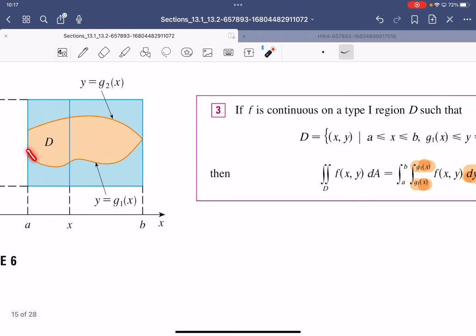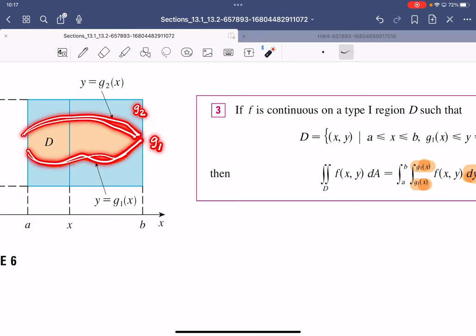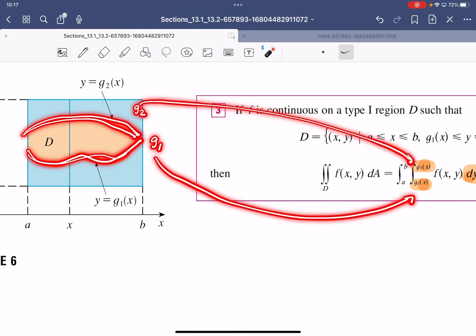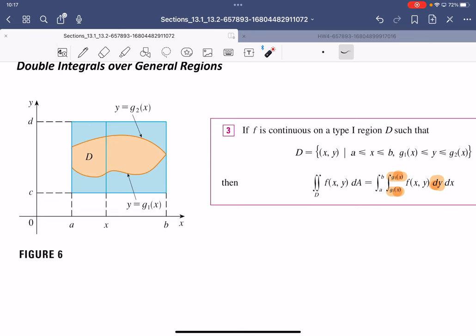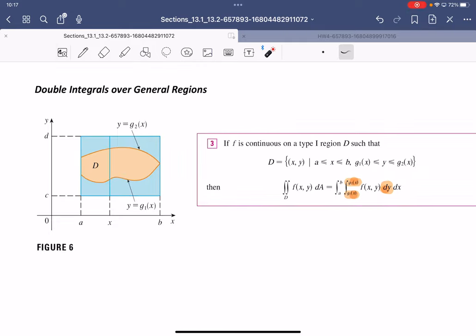If this is your g1 function and this is your g2 function, these are actually your bottom curve and top curve. You put the bottom curve and the top curve on the inner integral, and then the outside part is the domain of integration. This tells you where you do the cut, where you do the slice. So if you want to do dy dx, you set up the integral like this. Here's the key point: if we use dy dx,